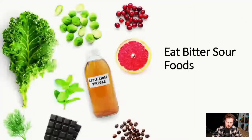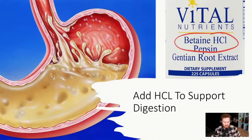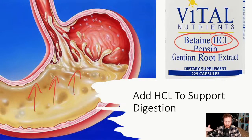And because of that, I will usually add something like betaine HCl, pepsin, gentian root. These are also good different enzymes to help with inflammation within the digestive tract system. But HCl is what's going to help increase the stomach acidity, so that way his pH levels are more in that 6.0 to 6.4 range. Once I implemented that, a lot of his IBS symptoms dissipated, which was great because then he could actually